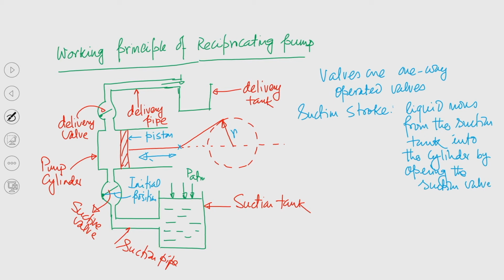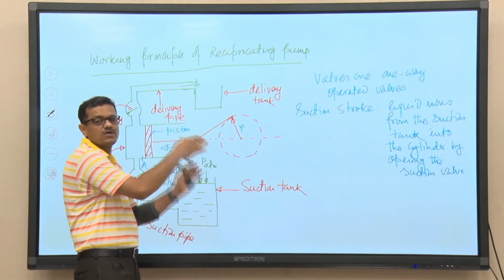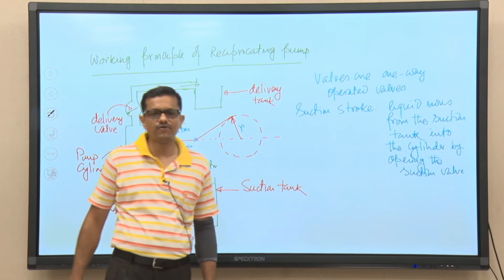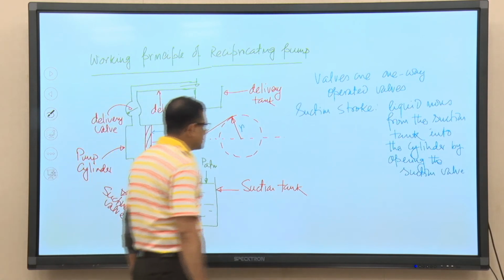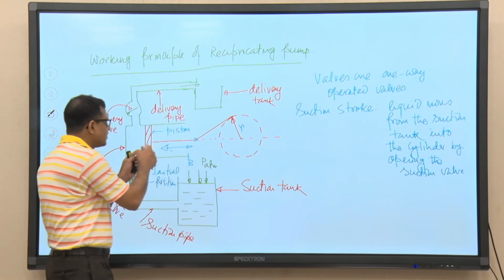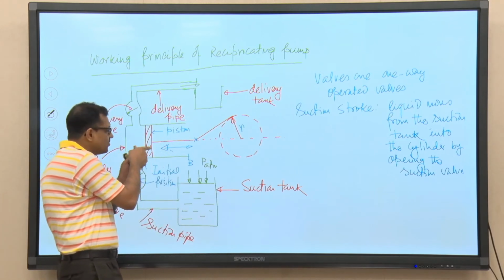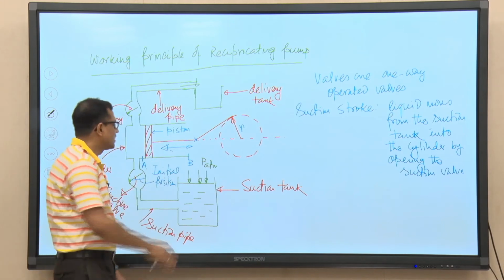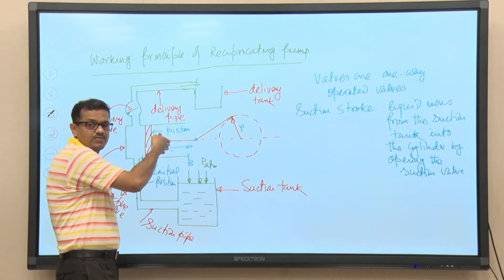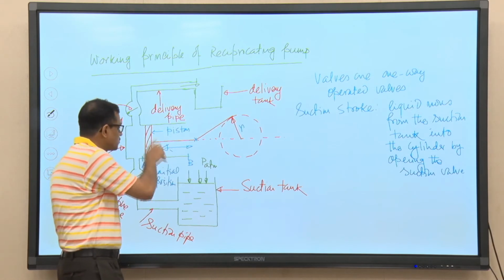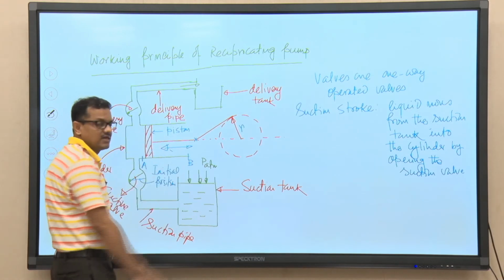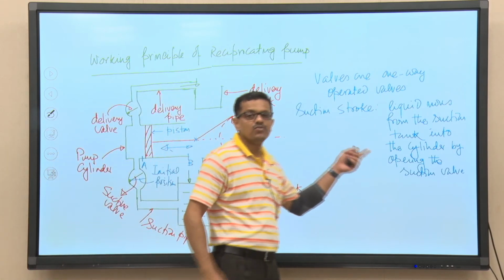Next stroke is, so when the piston is coming, say this is one end and this is one stop, right. So, this is B and this is A. So, this is the stroke length. This is the length over which the piston will have to and fro motion. Okay. Now, at the beginning of the suction stroke the piston is at A, it slowly moves to position B. This motion of the piston causes a pressure difference between these two points, that is the suction tank and inside the cylinder, and that is why you are getting movement of the liquid.